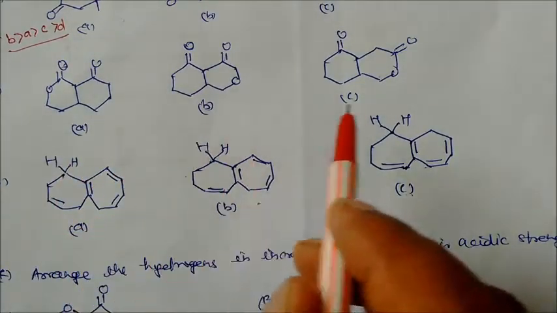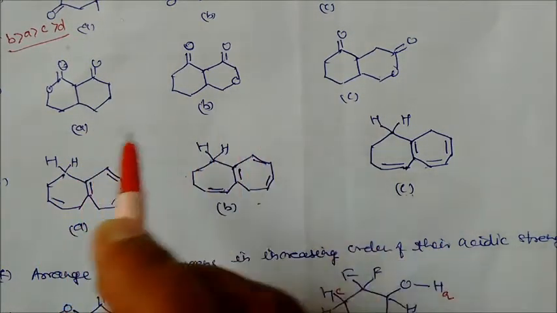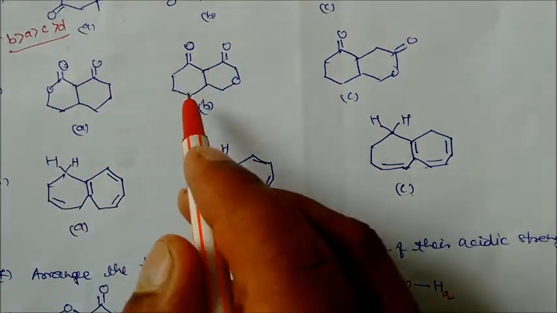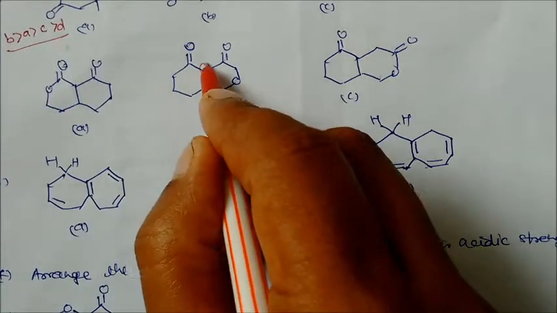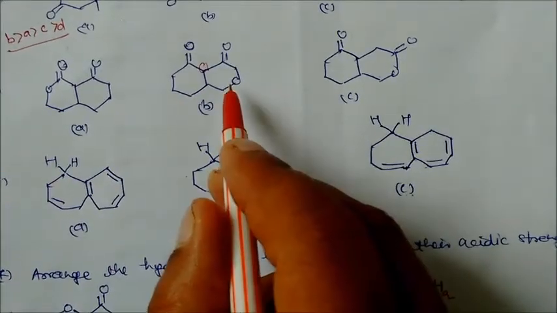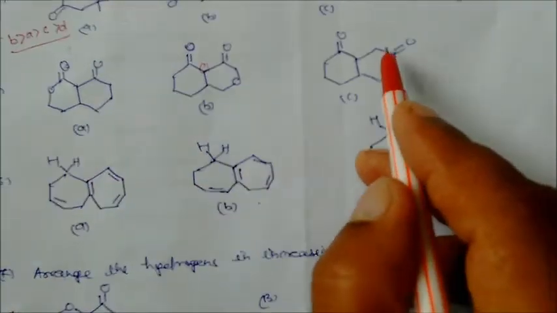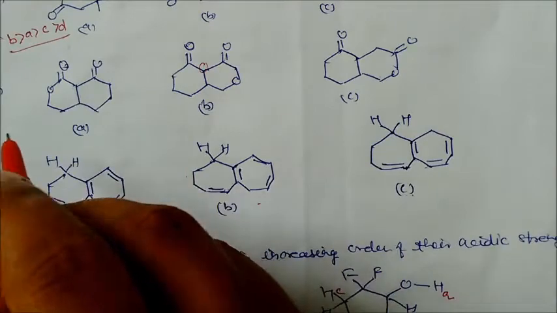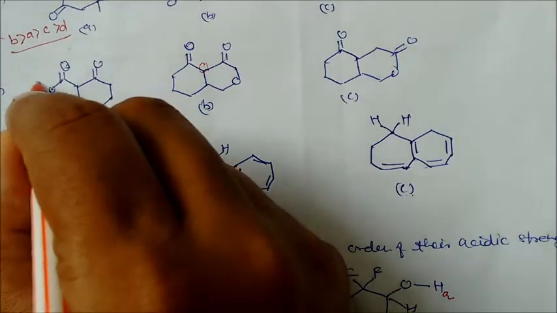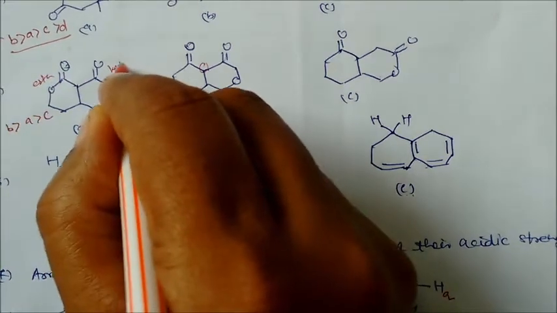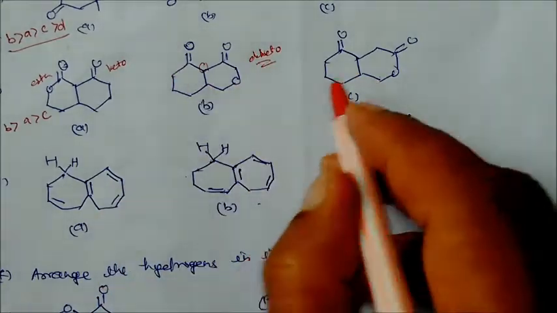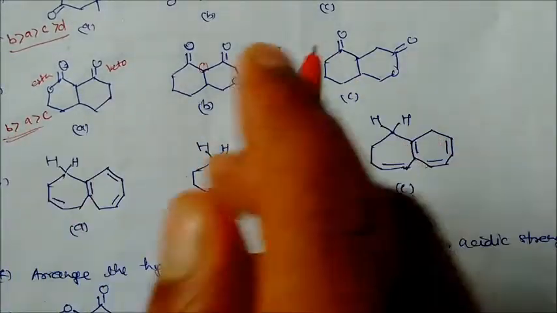Now in this group A, B, C, we can see this is a ketone, this is an ester, and this is a diketone. Definitely in the diketone, this will be your more acidic hydrogen. So B is the most acidic among these, then followed by A and then C, because this ester is far away. Here the hydrogen is nearer. So the acidic strength will be first B, then A, and then C, because this is the ester, this is the ketone, and this is the diketone. So the diketone will be more acidic in nature. This is the acidic order of this series.